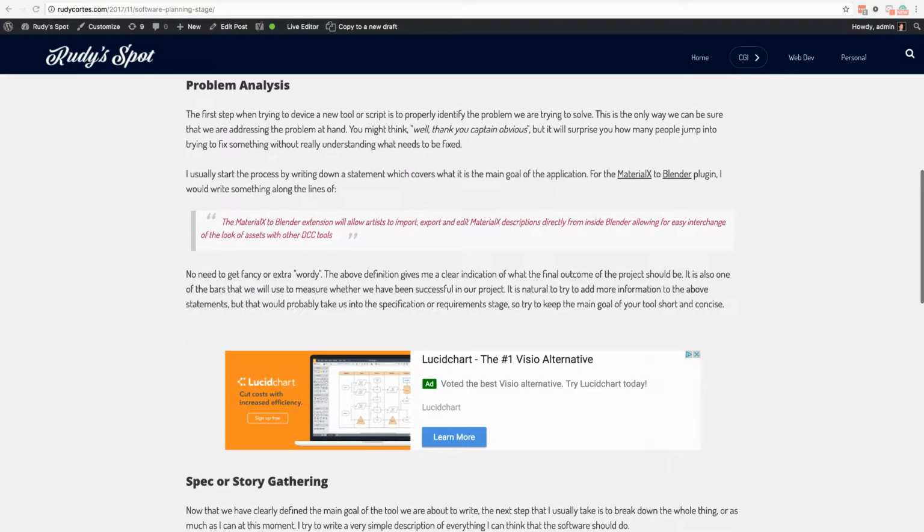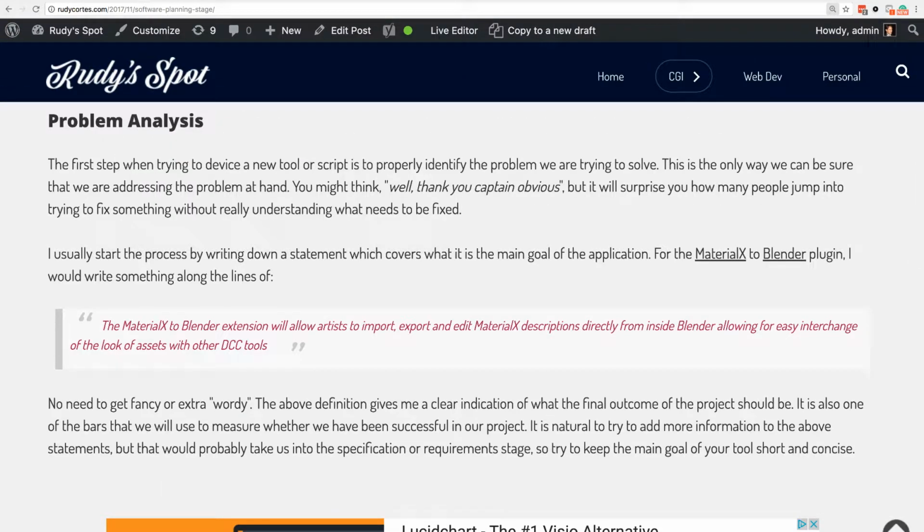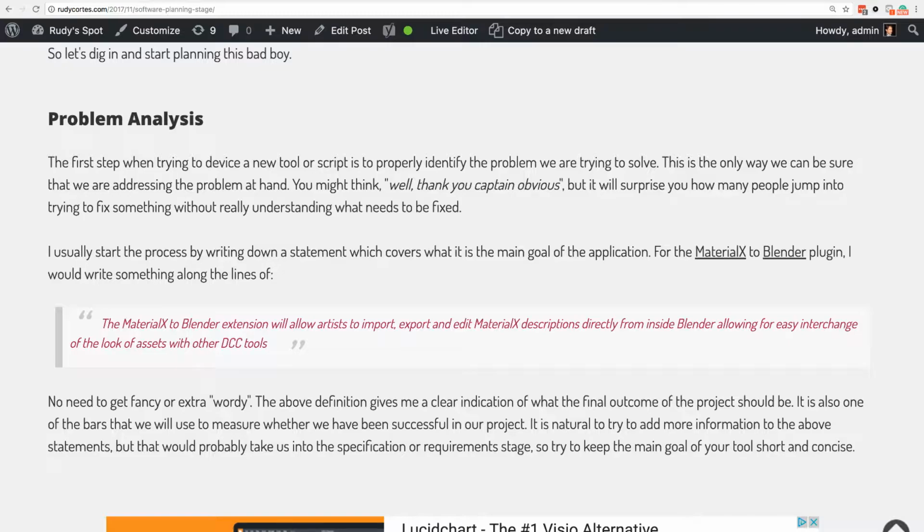So I added a little line here, and let me see if I can zoom in so that it reads a little better. All right, let's check that out. This is basically the statement that I came up with for this tool.